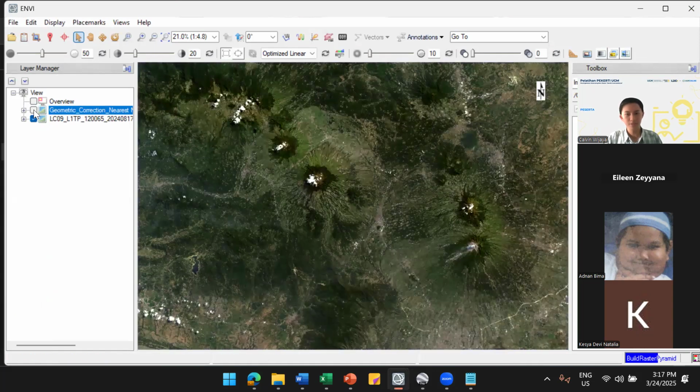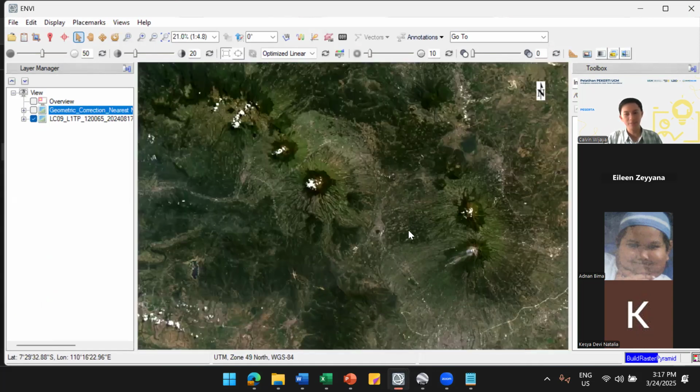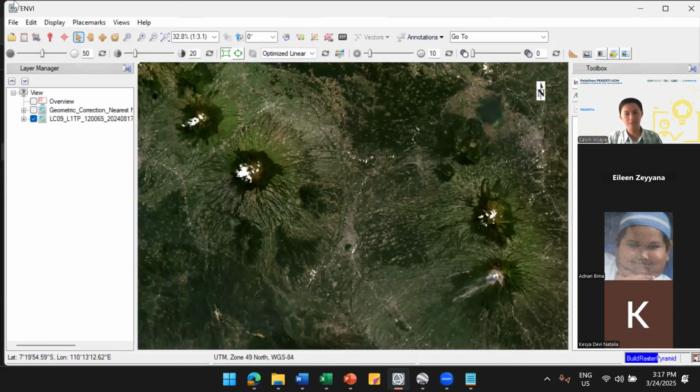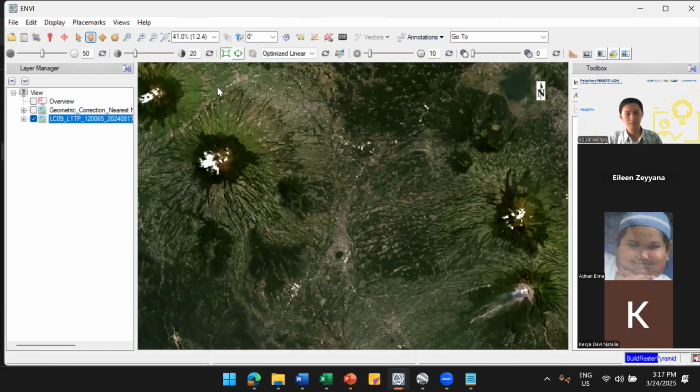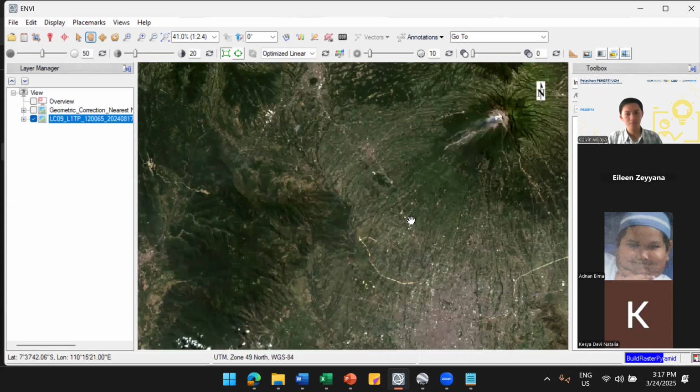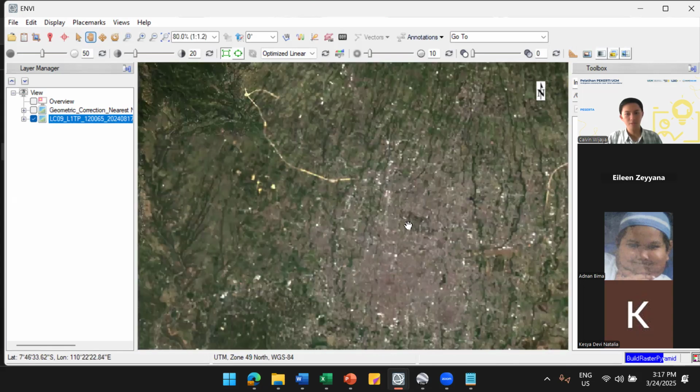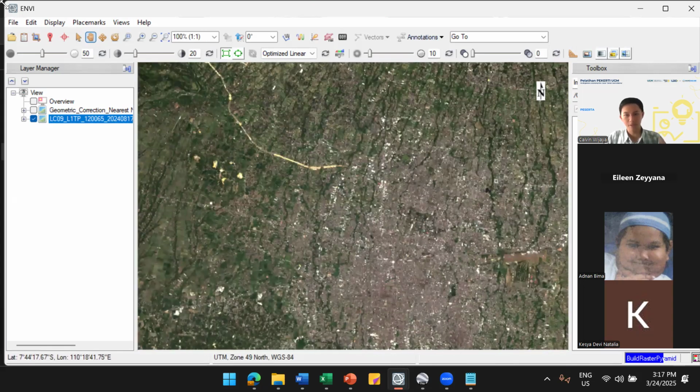So this is the difference. You can see, maybe zoom in. This is the original image, and this one is after the geometric correction.